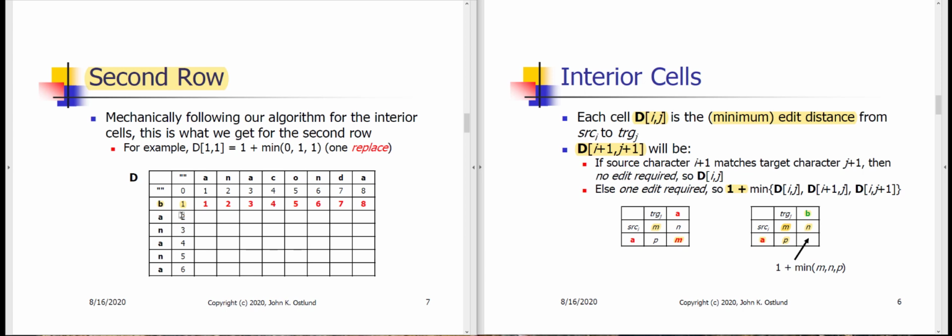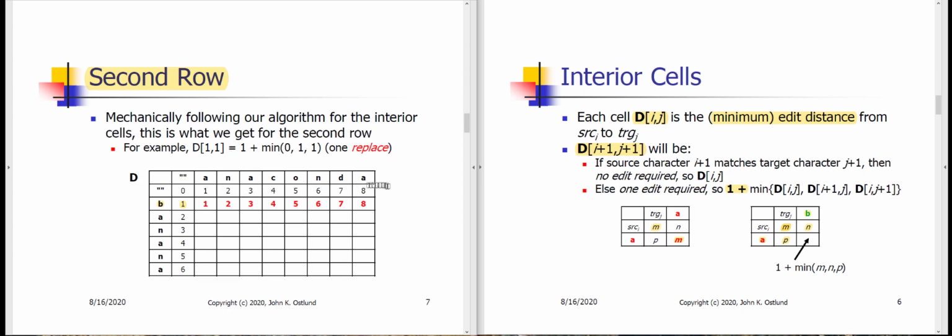Okay, we had to delete the B. And now we're going to need to insert an A, N, A, C, O, N, D, A. So we've got 8 editing operations that we need to do to convert the source string B into the target string anaconda,